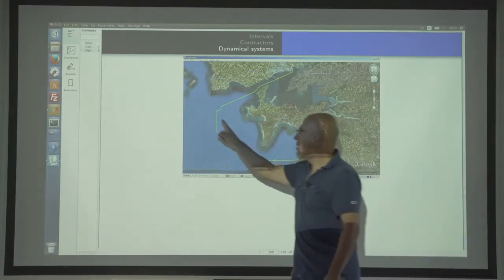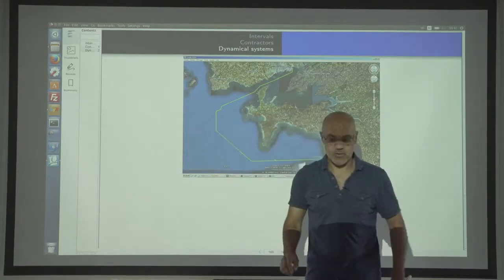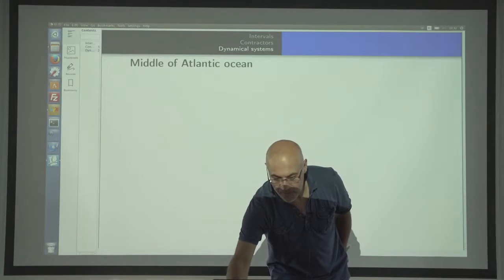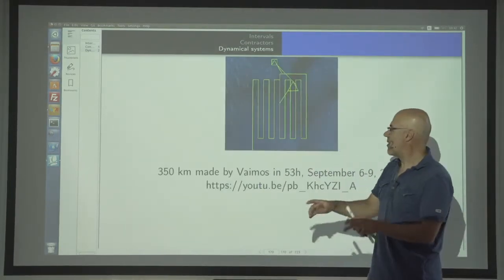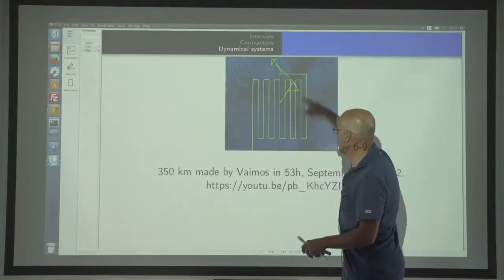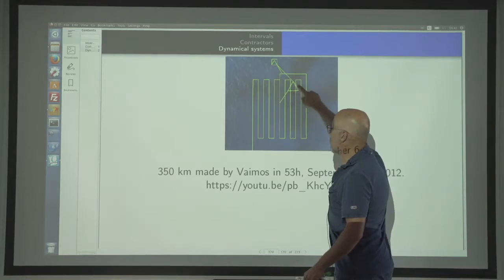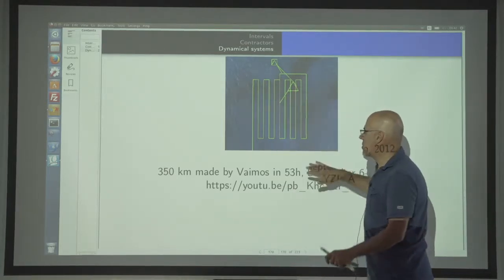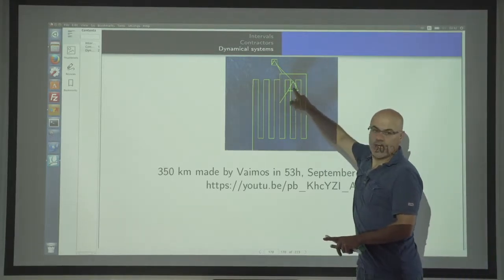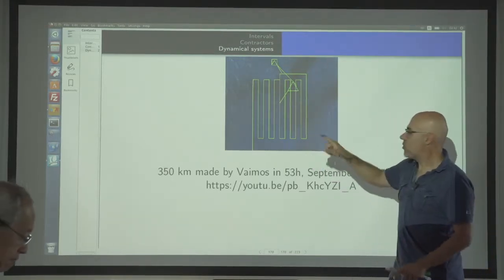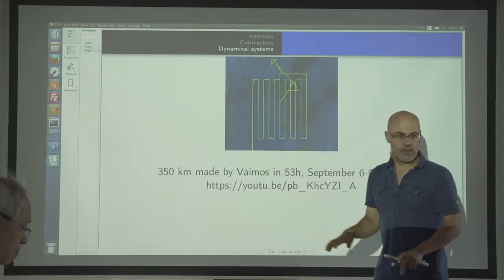So if you zoom in, you will have here plenty of zigzag, of course. And of course, yesterday I showed you a video with VMOS, and it is a track it has already done to survey a zone. And when you see a triangle like this, it means that the captain of the boat tells us, I will catch the boat here. So you ask the boat to do triangle and triangle. So maybe 10 times he has done this.